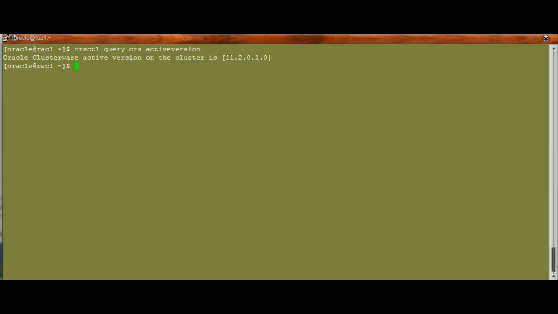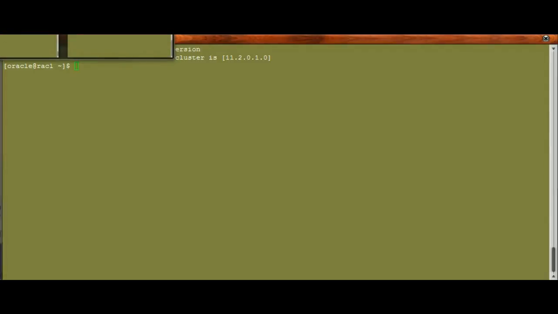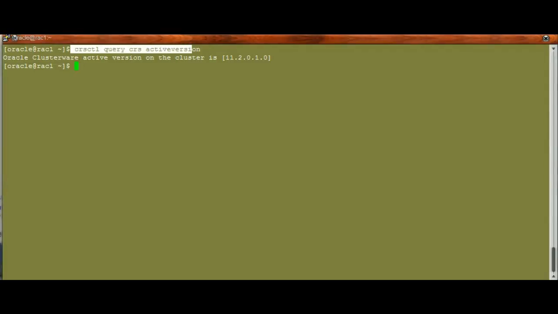This is the active version. I am going to check on the second node. This is the active version. Now we check on the